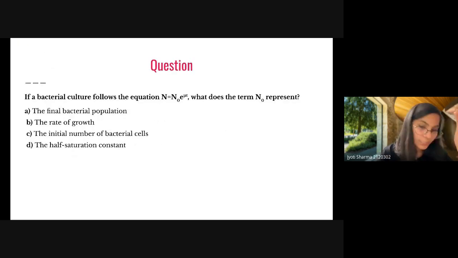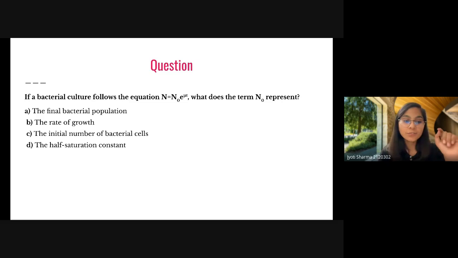Okay, so next we have one equation. If the bacterial culture follows the equation, and this equation is following the first order reaction, so N is equal to N naught e raised to power mu t. What does the term N naught represent? We already have talked about this equation, I think, in the first or second live session. So you have to tell me what does this